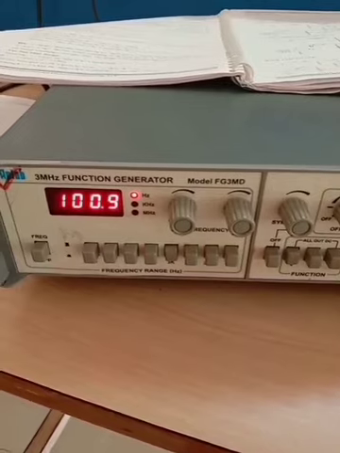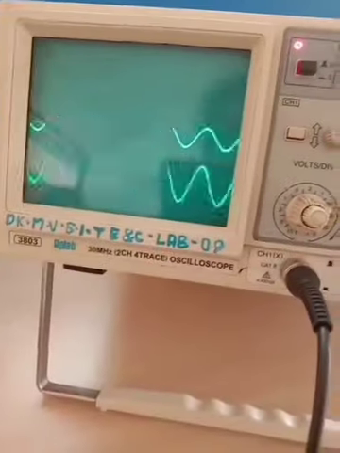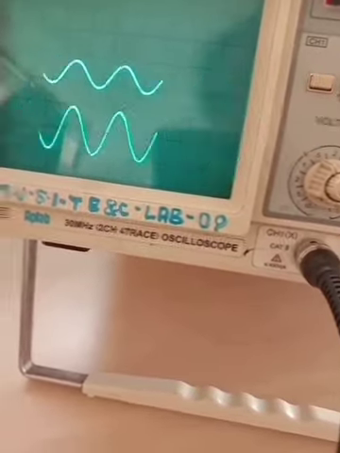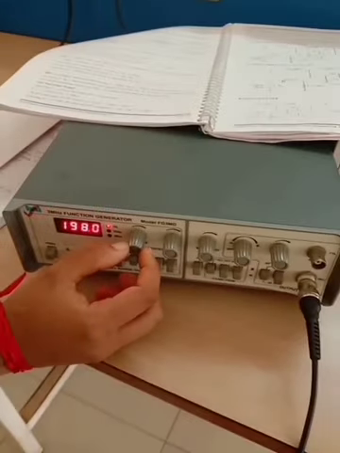For 100 hertz we are getting the output like this, 2 into 0.5. Then I'll vary the frequency here.